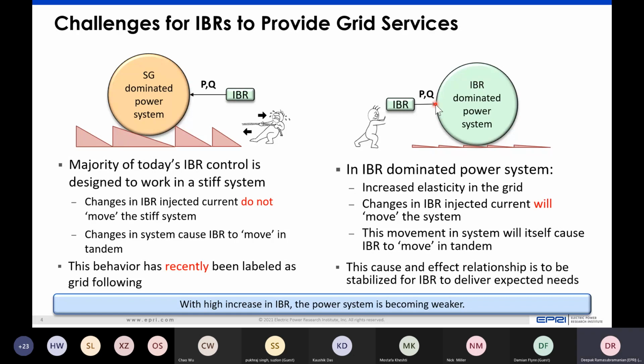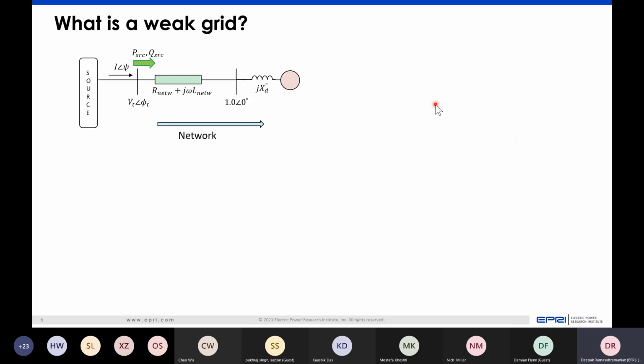So then we raise the question, is weak grid something new? Is it only because of IBRs that we have come to the notion of weak grid and this was never an issue before? But that's not the case. If we go back to our first principles, go back to simple Kirchhoff's law and have a single machine infinite bus kind of a network, then we've always known that irrespective of what the source is, this can be a synchronous machine, this can be an inverter-based resource, it can be any other kind of source, as long as you have a network which is connected to the source, we can always define a weak grid: if either the physical impedance increases or the apparent impedance increases,